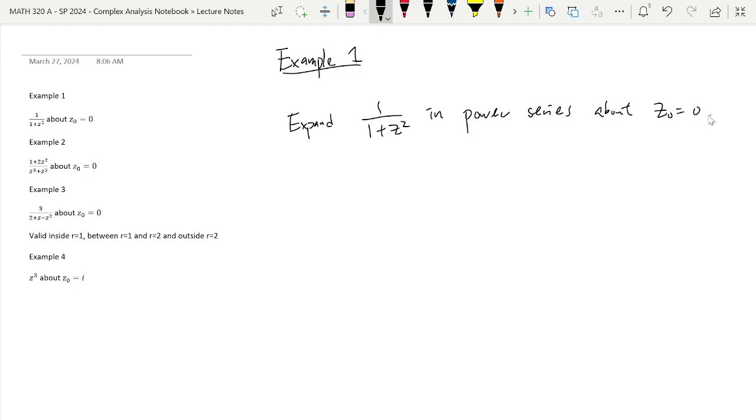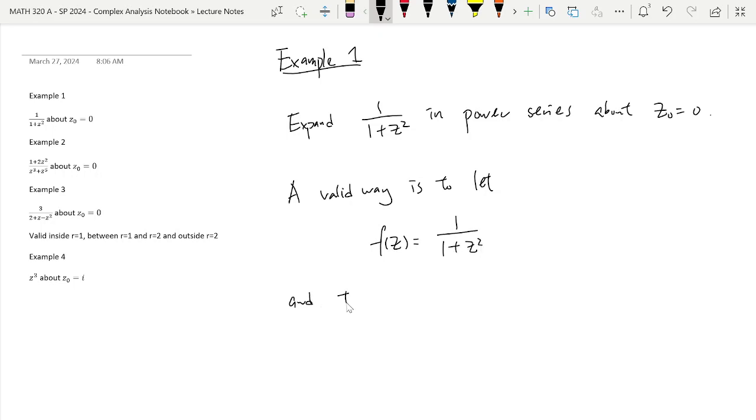Now, if you start with the only machinery that you know from calculus, the likely thing that some people, at least in the class, will try is to do this. So one valid way is to let f of z equal 1 over 1 plus z squared,